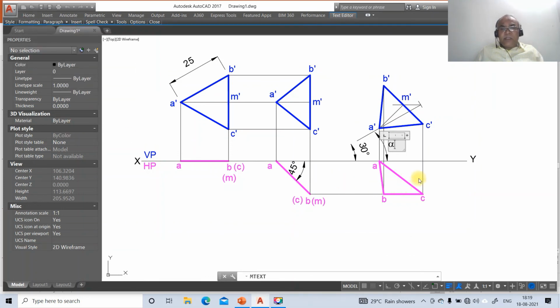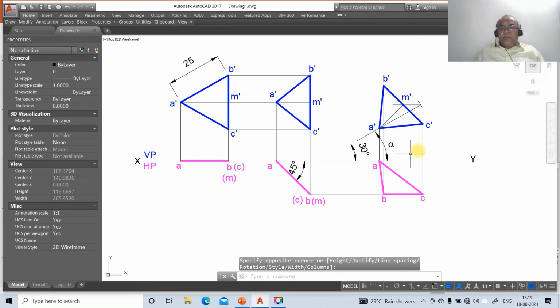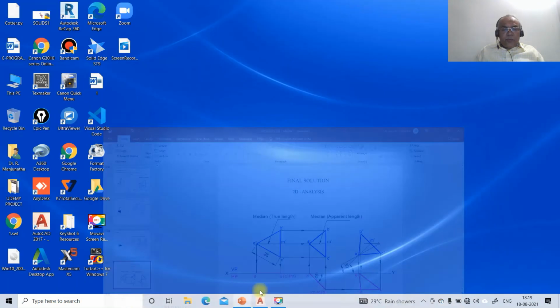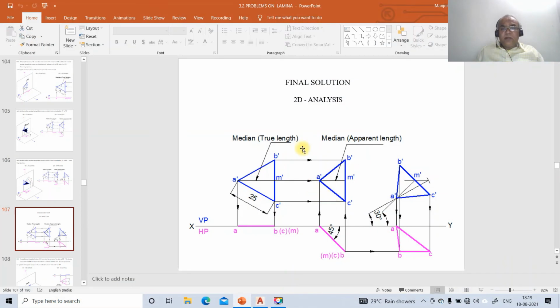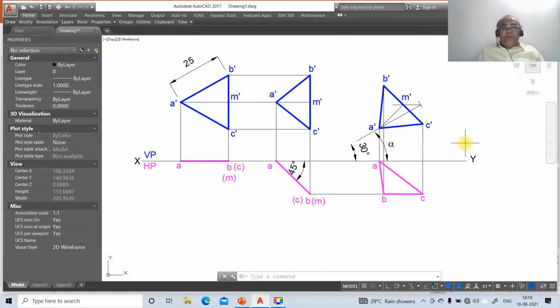So type small letter A. So this is how you will be able to represent the apparent inclination. And the one what you got here, the one what you got here, both are one and the same. So this is how you will be able to create this drawing by using AutoCAD software. Thank you.